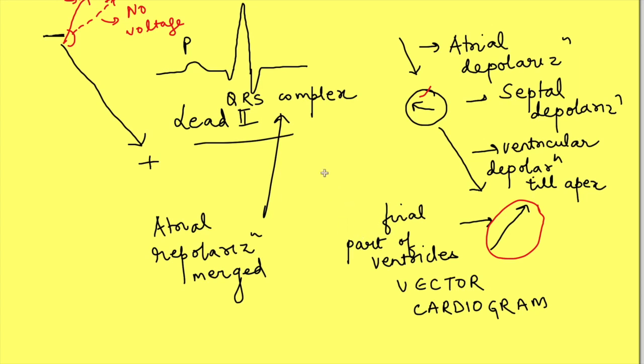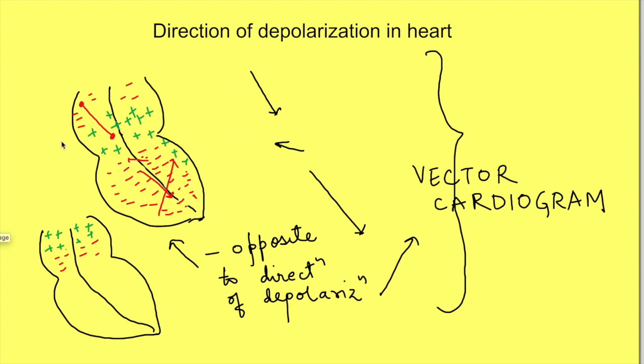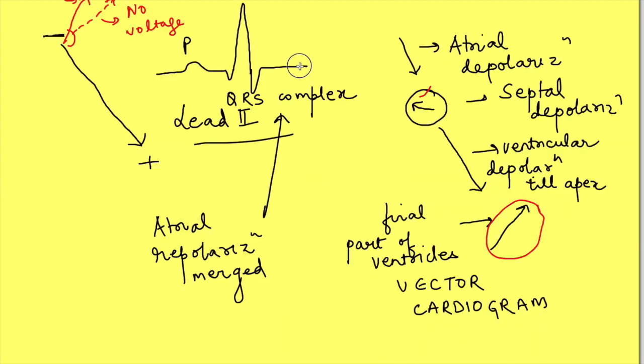What about ventricular repolarization? In the ventricles, the part of the ventricle that gets depolarized first gets repolarized last. It is important to remember this because it determines the direction in which the voltage will be recorded. So the direction of the vector remains this only, like it was in ventricular depolarization. So it is the same as the direction of lead 2. So ventricular repolarization is recorded as a positive wave in lead 2.